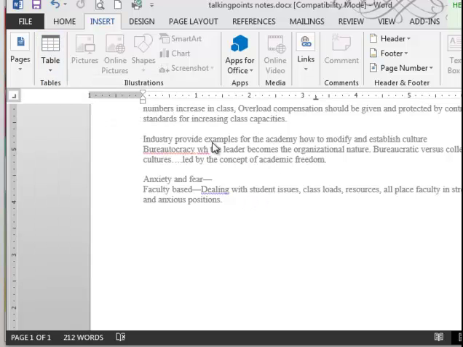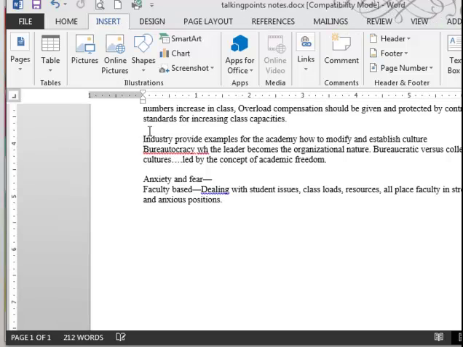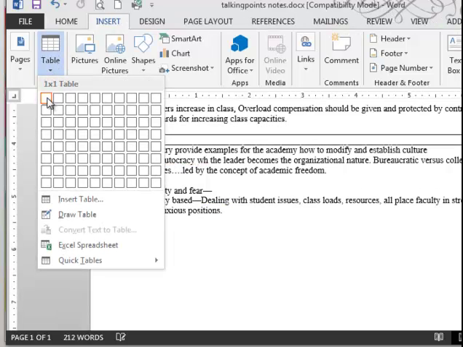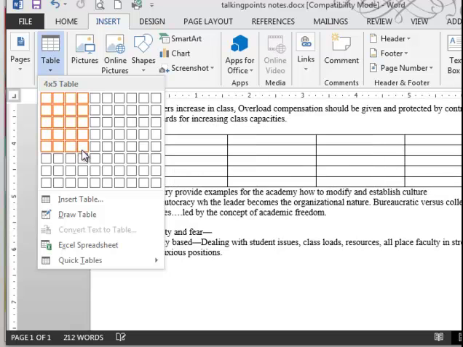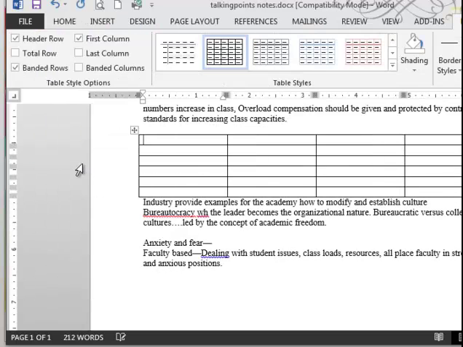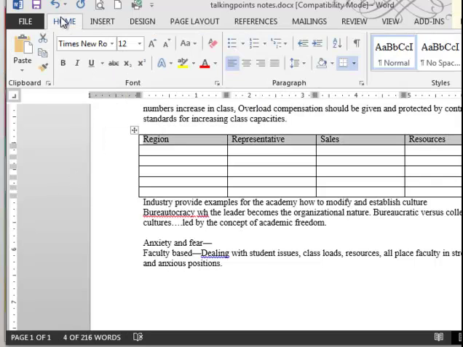We don't have a spot decided to insert here, so I have to pick a spot in my document. I was still in header and footer. So here we've got a table. We want a 4-column table with 6 rows. Then you may want to format this top row. That would be, let's say, region, representative, sales, and resources. Okay, and say you wanted to center all of these, you would go back to Home,